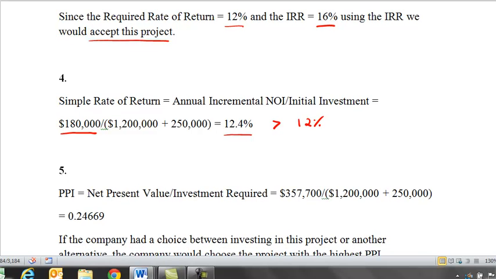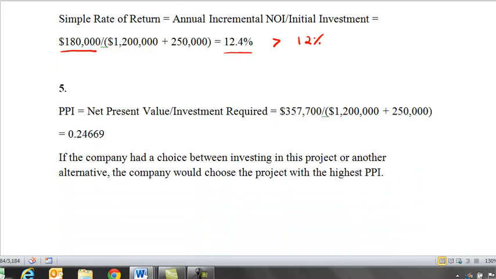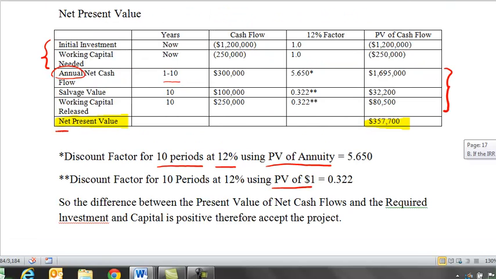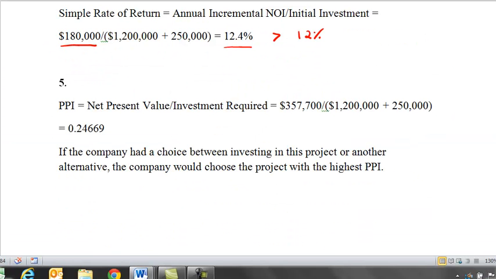Then the last one asks us to calculate the project profitability index, or the PPI, which is equal to the net present value divided by the investment required. So the net present value, we go back up to our number 2 where we calculated the net present value, $357,700, and divide it again by our investment required, $1,200,000 plus the $250,000. So we get an index of